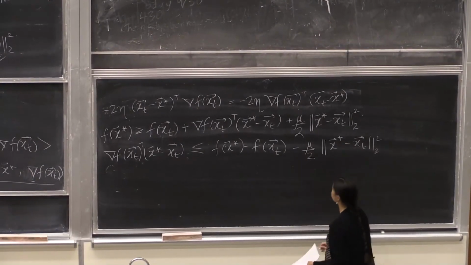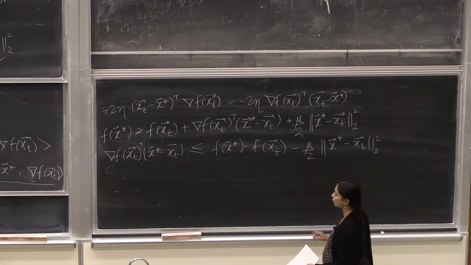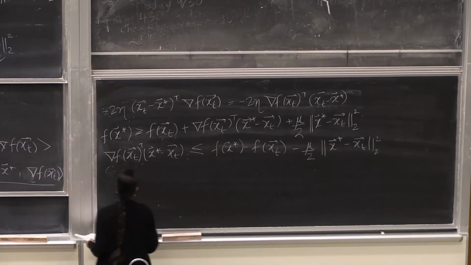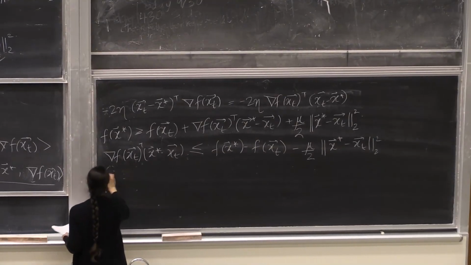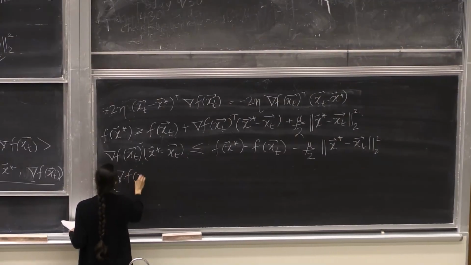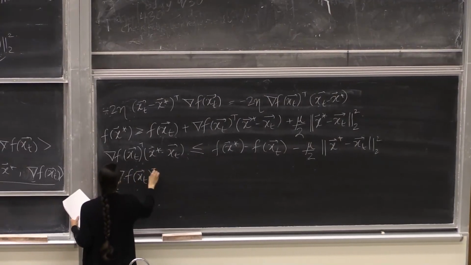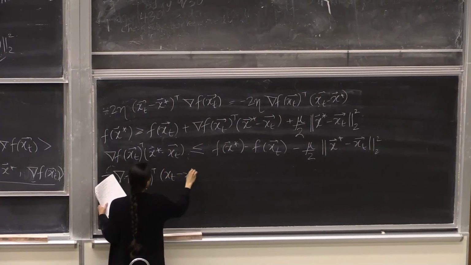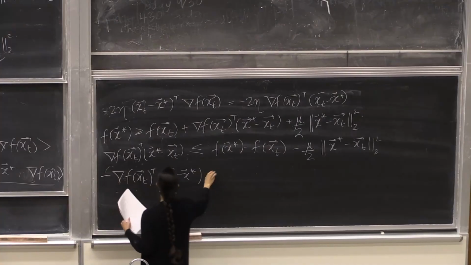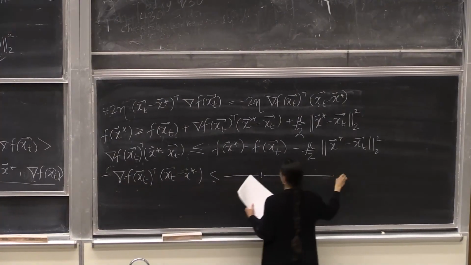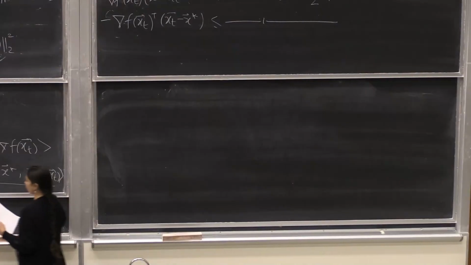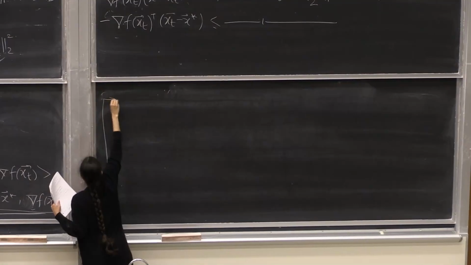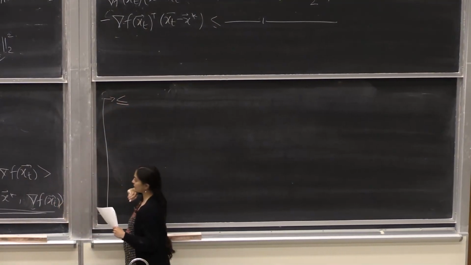Okay, so now what can I use this to say? Let's make this even further precise. Therefore, minus f of xt transpose, and then I have xt minus x star, which is what I have there, is less than or equal to the same exact quantity. So now if I go from here, I can write this as less than or equal to